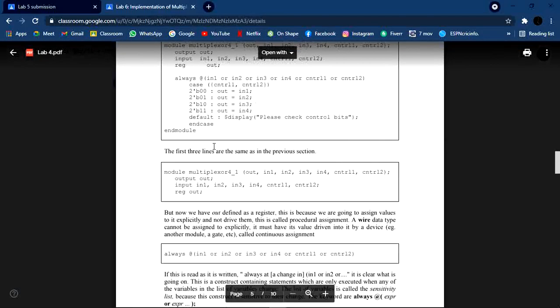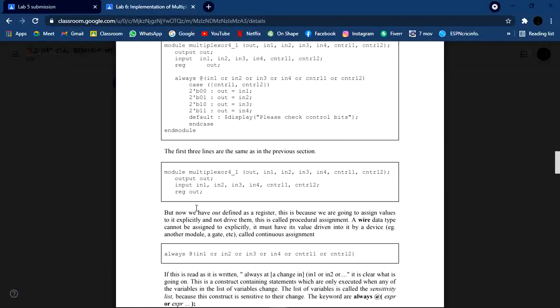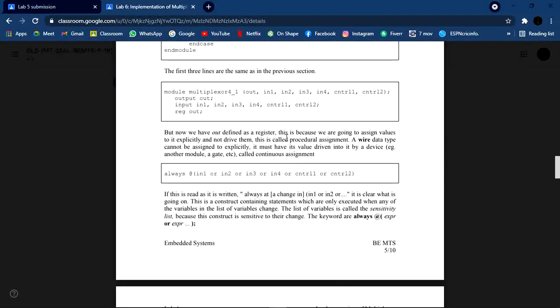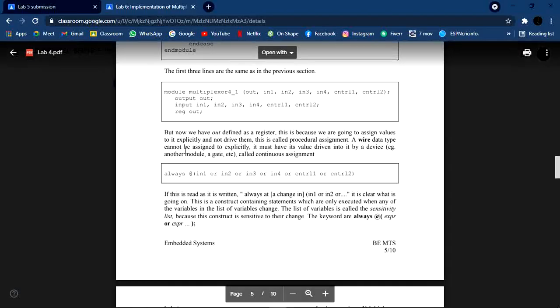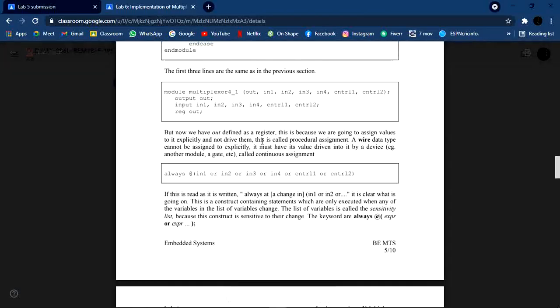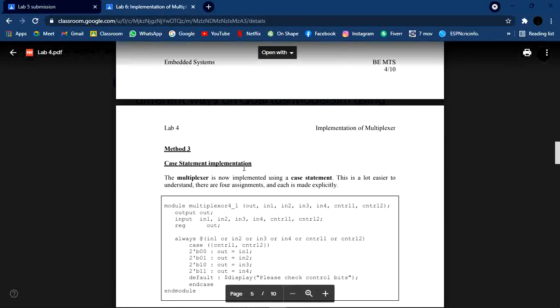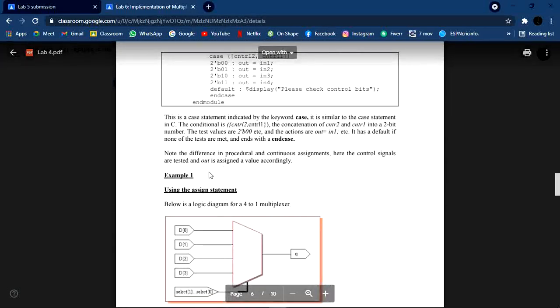Here you can see this is the always statement, but now we have to define the output as a register. This is because we are going to assign values to it explicitly and not drive them. This is called procedural assignment. A wire data type cannot be assigned to explicitly. It must have its values driven into it by a device, another module, gate, etc., which is called continuous assignment. So this is all the explanation about the operations which I performed in this case statement implementation.